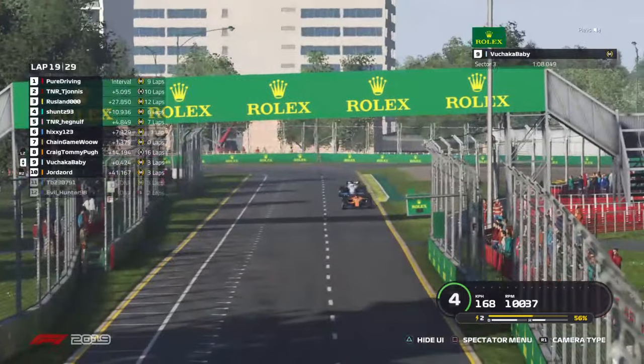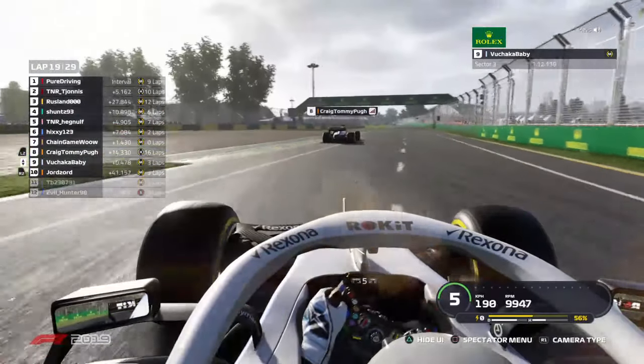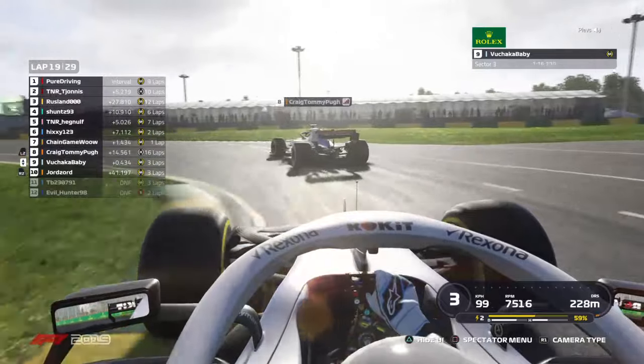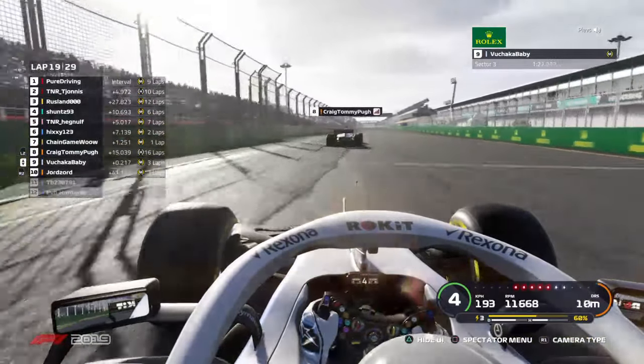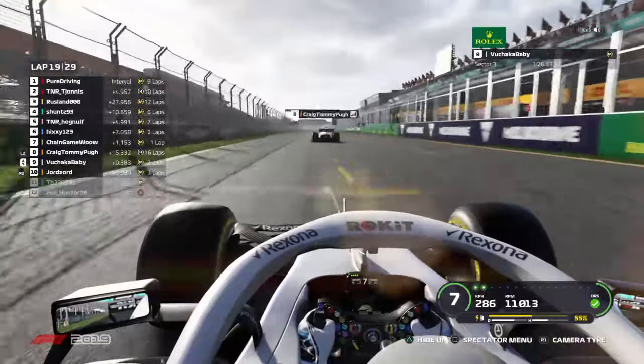Oh, we've got a battle up here. Bachuka Baby is right on the back of Craig, Tom and Pugh for... This is a battle for 8th place, so... oh, and Craig... Oh! He's run a bit wide on the exit of turn 16. It is a tricky little corner, that one. If you run too deep, you're in big trouble, so...